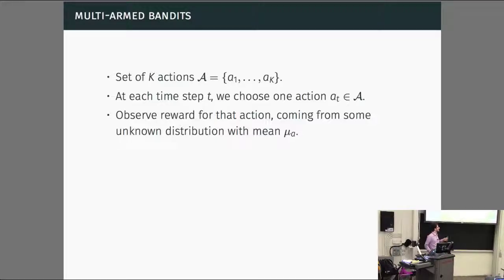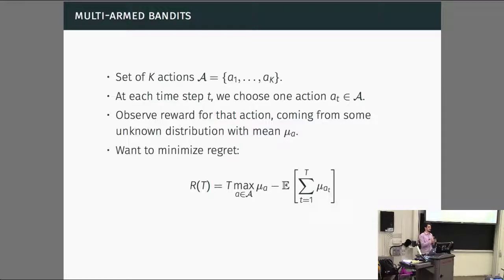And I should mention this is in particular the stochastic multi-arm bandit setting. There's also literature on the adversarial setting, but we're not going to talk about that today. So everything we're going to talk about today is the stochastic setting. And also, if you look at the literature, many times some assumptions are made about what that distribution might be. For example, maybe it's a normal distribution, but you don't know the mean, or you don't know the mean and the standard deviation. Here we're just going to talk about it in the general setting, and then in particular cases we might say, okay, let's assume some sort of distribution over that.